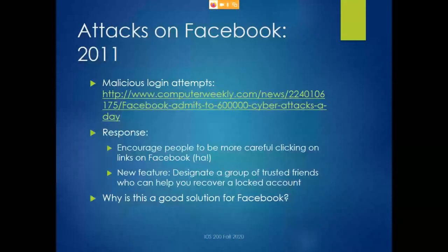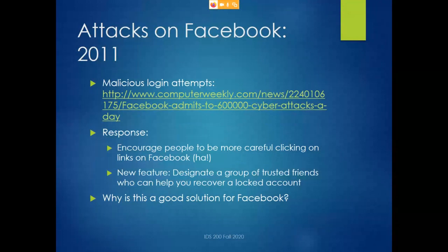Okay. So, some things over the last 10 years. The important thing to remember in terms of the exam is that I'm not going to ask you details about these particular attacks. There's not going to be a question on the exam asking what particular attack Facebook faced in 2011, because to some extent all of these attacks are still ongoing. They certainly happened in multiple years. The point is just to give some concrete examples of security problems that Facebook has had. All the different things we talked about, like brute force attacks or various types of phishing, are important, but here are some concrete examples of how they're happening on Facebook.